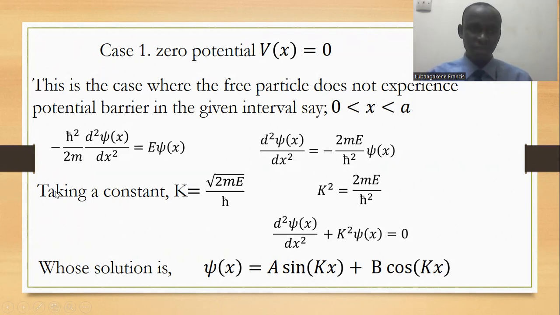Now let us say we take a case of a constant. Let us say our constant k is given as the root of 2mE divided by h cross. Then we consider the square of k, which will give us k squared equals 2mE over h cross squared. Now, in such a case, when we substitute back, we shall have